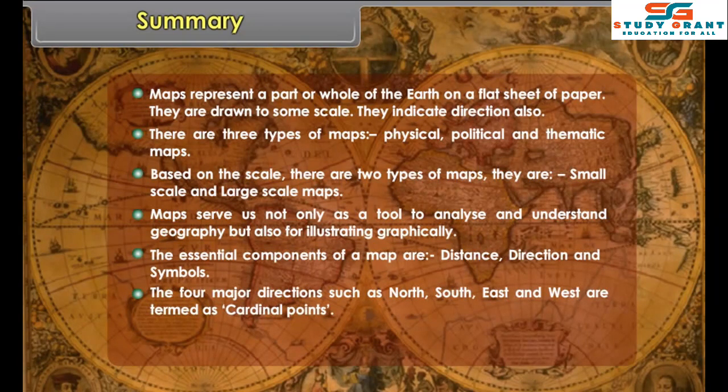Summary. Maps represent a part or whole of the earth on a flat sheet of paper. They are drawn